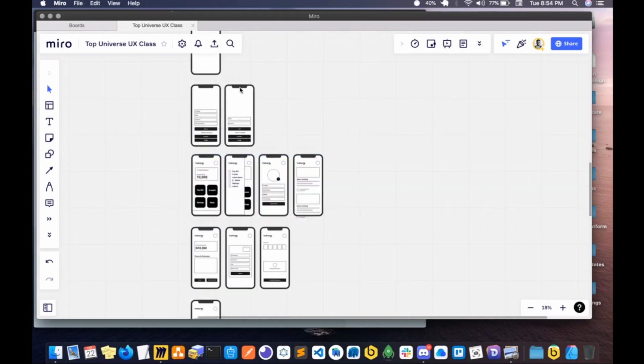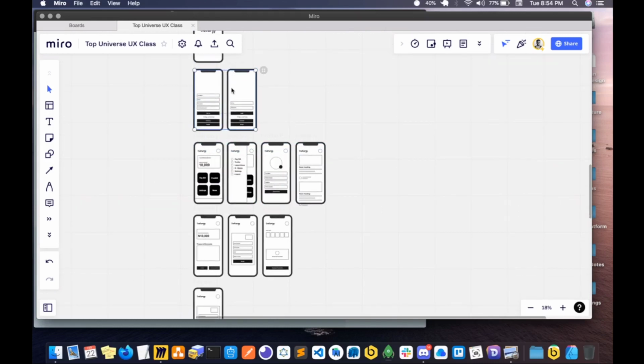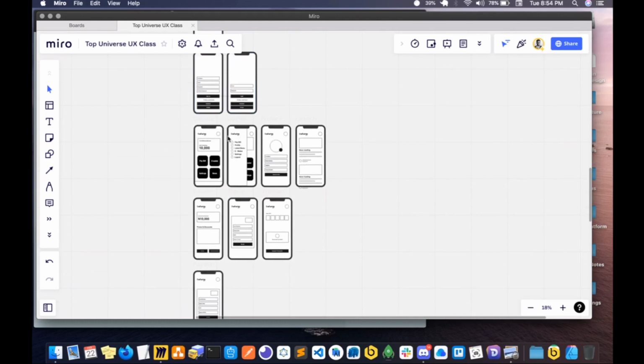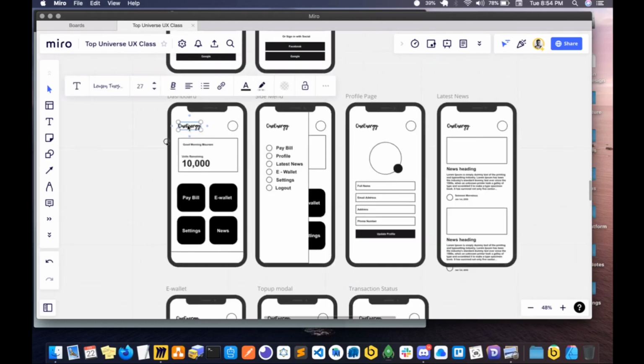So now that you have the authentication, which is basically just these two for now. Of course, you can have more than this, as I said earlier. The next thing you have is the dashboard, and then also the side menu. If we were to work with the side menu, it means we're going to end up having like the